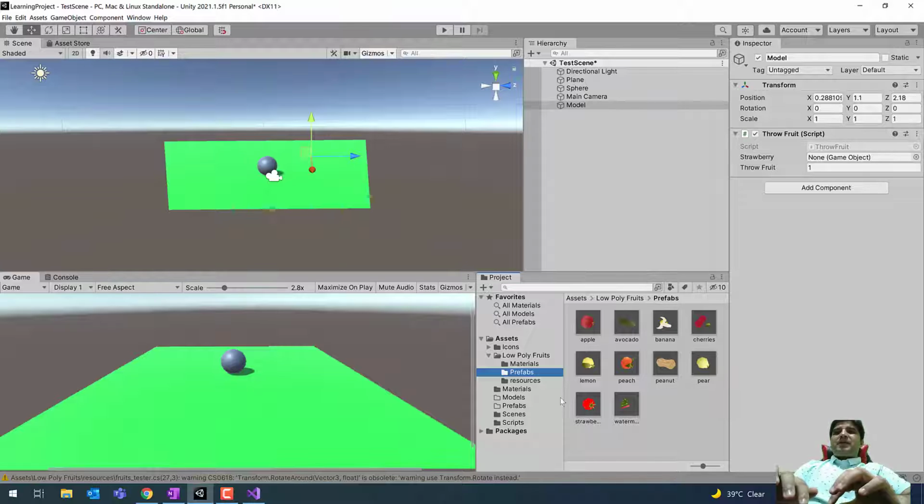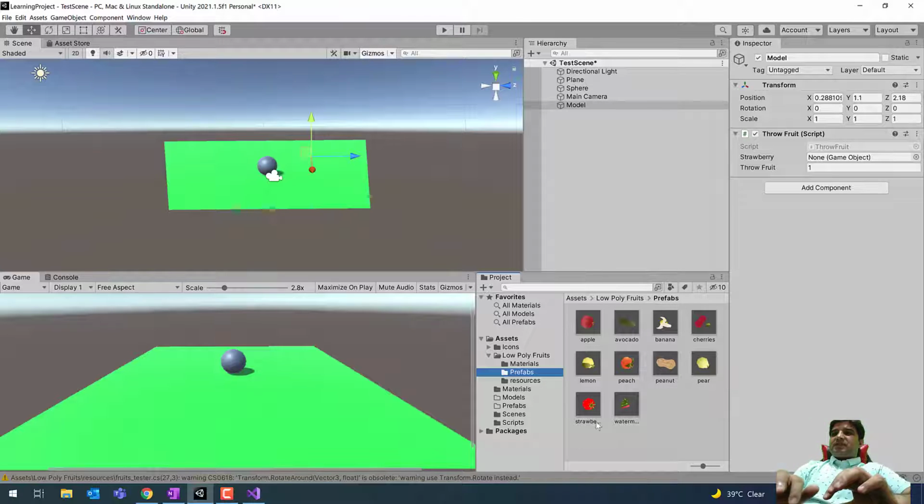Yes, I understand guys, the prefab topic might be new to you. At this stage, for your understanding, just assume that prefabs are the templates or the models. You can use these prefabs, and at a later stage we will discuss in detail how to create a prefab and what these prefabs are.